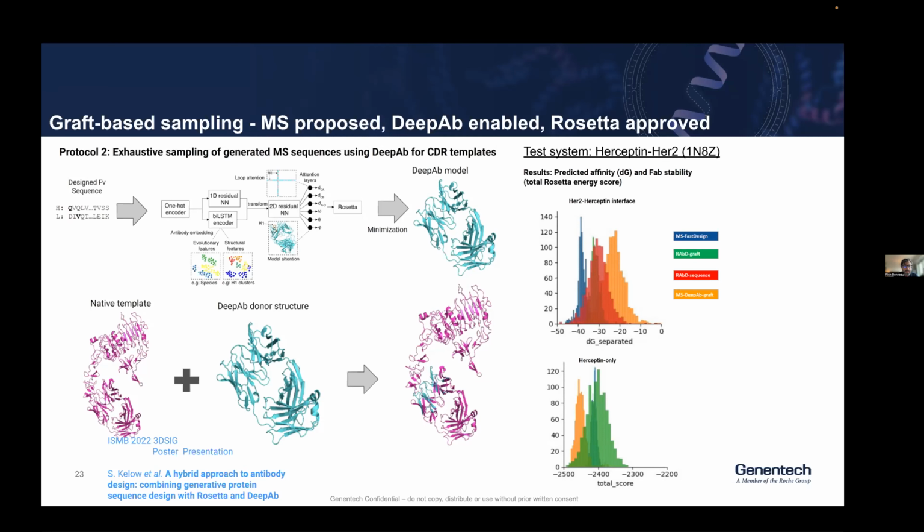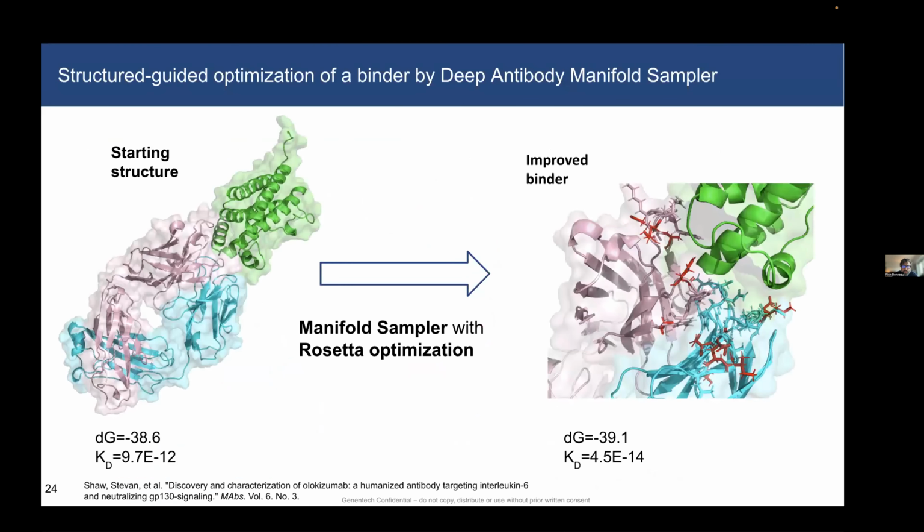But what we experimented with here was, what if instead of any other proposal distribution, we strictly drew the proposal distribution from the manifold sampler, and then used an antibody redesign protocol from the Gray lab as the oracle? So this is just an experiment in taking antibodies and redesigning them. There's a number of different things that Simon's gone after. This was one early success where he was able to use this manifold sampler with Rosetta as the final test,